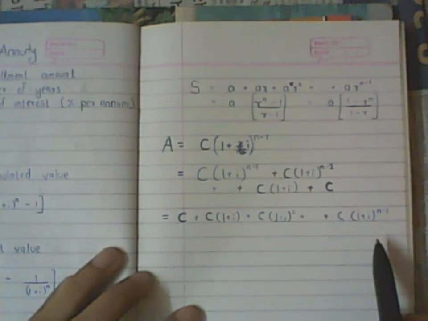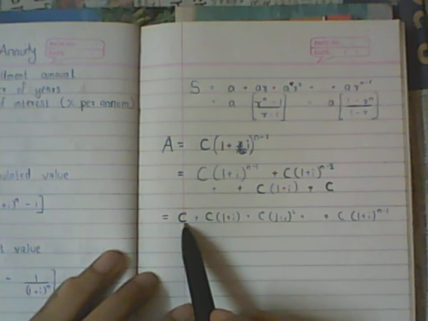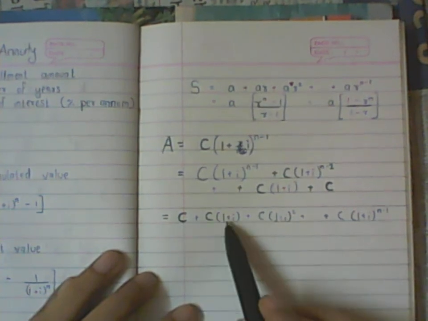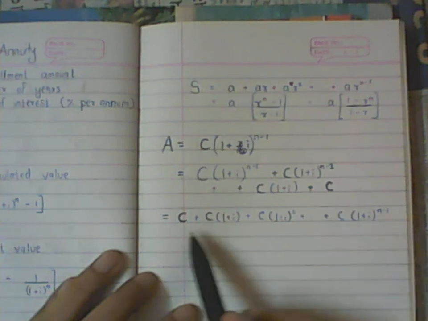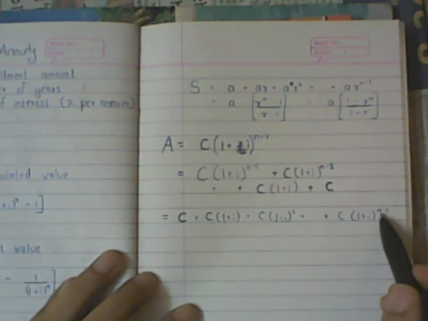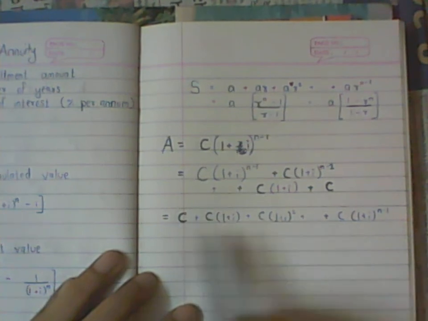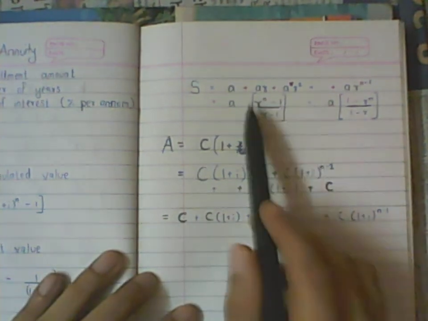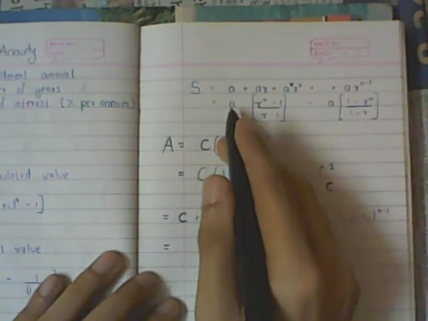And what we have here is nothing but a geometric sequence. So the geometric sequence with first term C and a common ratio of 1 plus I. And we have n terms for those. Again, remember, because the last term involves n minus 1, and because we are starting with a 0 power, there are n terms involved. And using the formula for the geometric progression, this sum is nothing but my first term